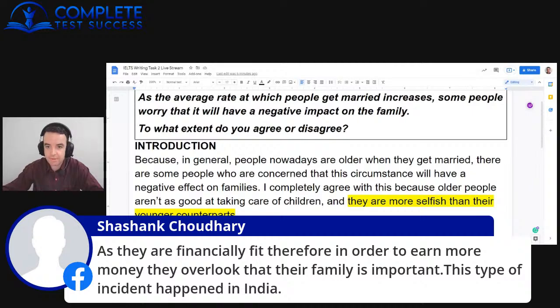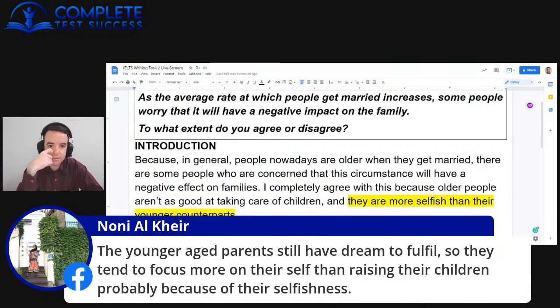But yeah, it's definitely relevant. Noni, the younger age parents still have a dream to fulfill. So they need to focus more on themselves than raising their children, probably because of their selfishness. I know this idea was difficult, but what you need to tell me is why they are more selfish. So you saw with the previous ideas,